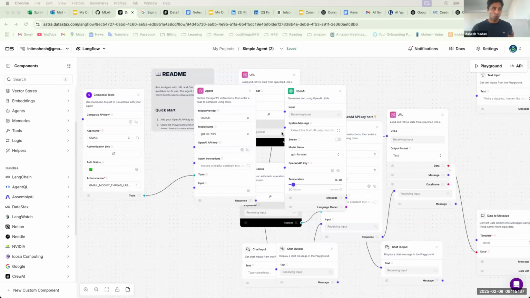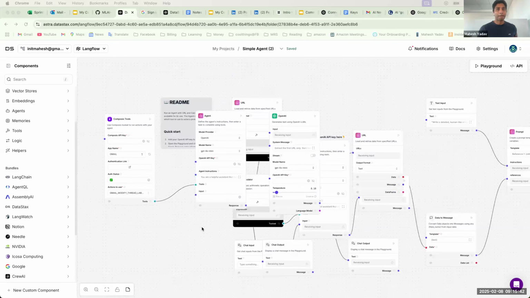Pavan, last question by Pavan, and then we'll move on. Yeah, Mahesh, I have a question related to Langflow. In Langflow, can we give human input? Because it is drawing the flow chart, which means we are passing the document and all the things. So can I give a human input here, in the middle of the process, from one step to the next?